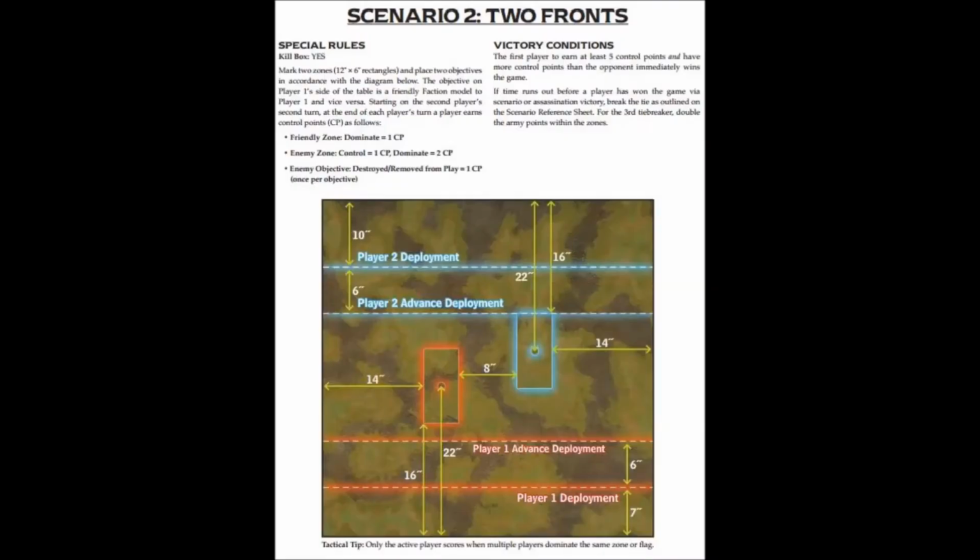This is the Steamroller 2015 number 2 scenario called Two Fronts. There is a kill box. You need 5 points to win. You get 1 for dominating your close zone, 1 for controlling the far zone, and 2 for dominating it. You can't do either of those though until you destroy the enemy objective, and if you do so, that's another